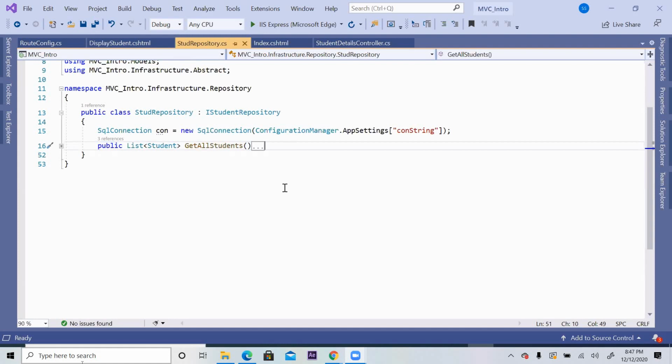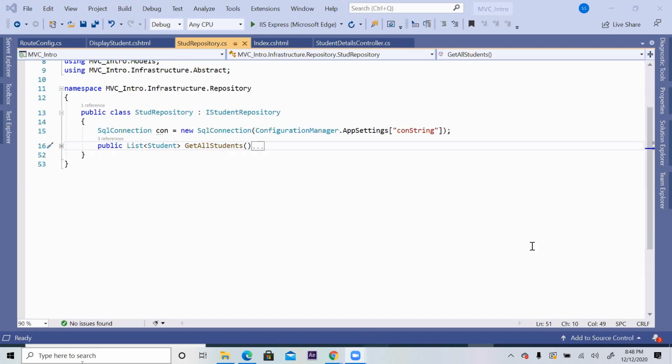If you want to create a new student, delete a student, or edit a student, then that many functions also have to be put in the repository, because they are also communicating with the database, right? So any functionality communicating with the database, you have to do it in the repository. And the same declaration part, you have to put in the interface.